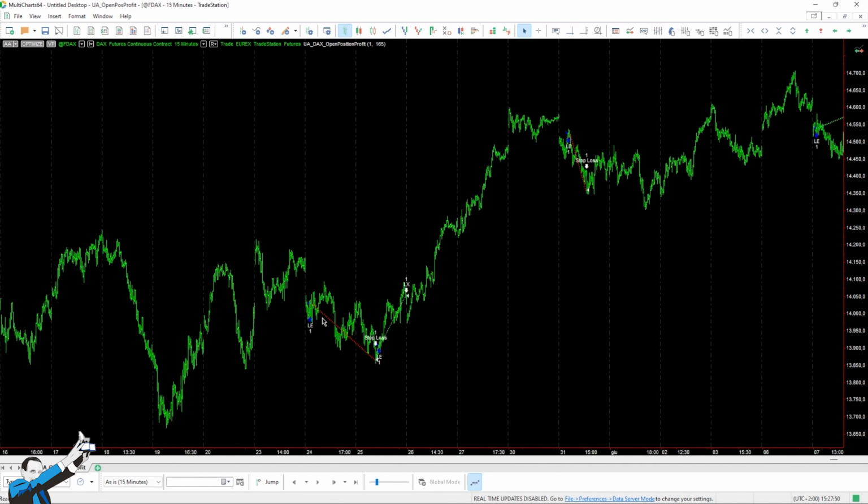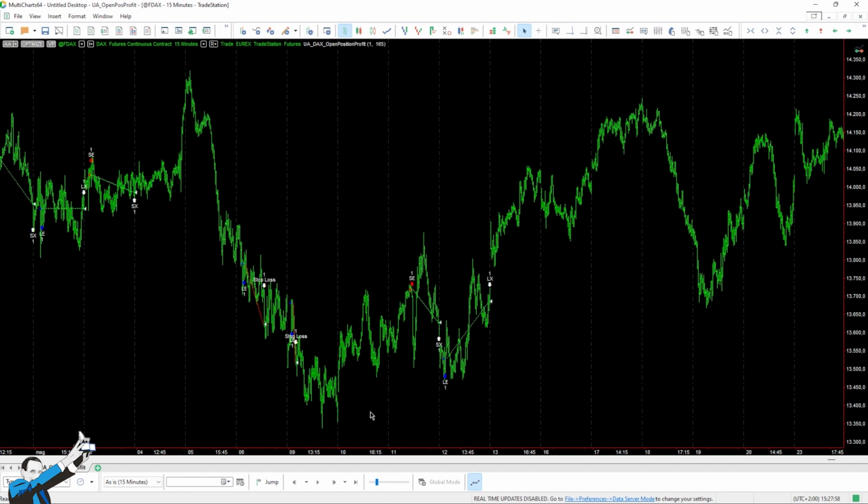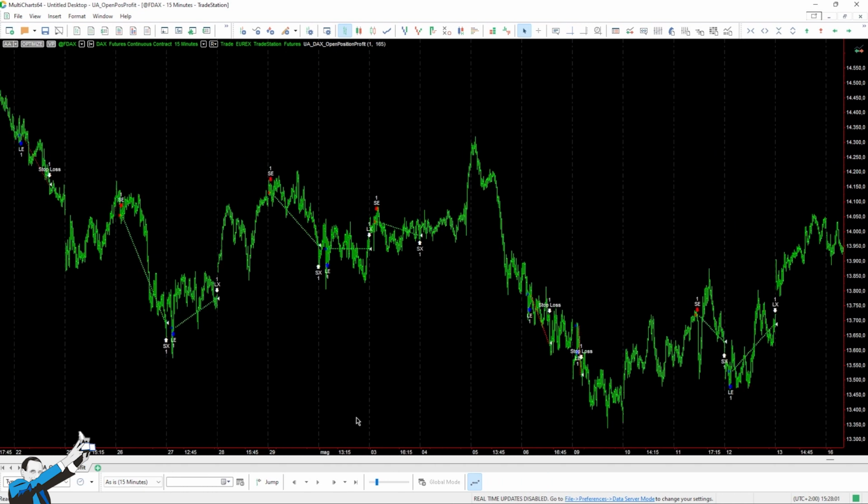In this case, unfortunately, it didn't pay to keep the position open beyond the end of the day because, as you can see, a stop loss occurred. But in the vast majority of cases, it does pay. If the strategy isn't in profit at that point at the end of the session, it keeps the position open for another session in the hope that the market will recover so we can close our trade at a profit.